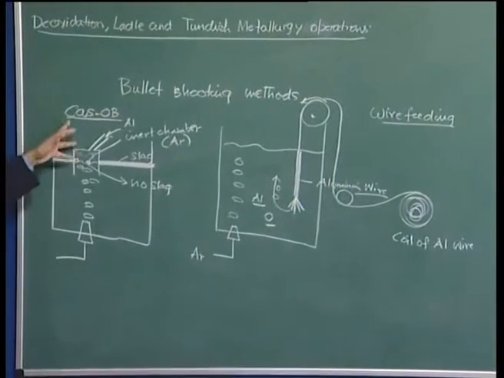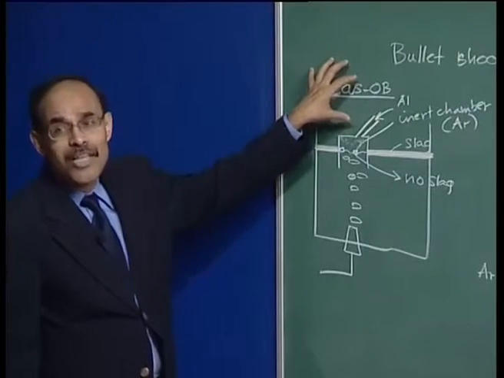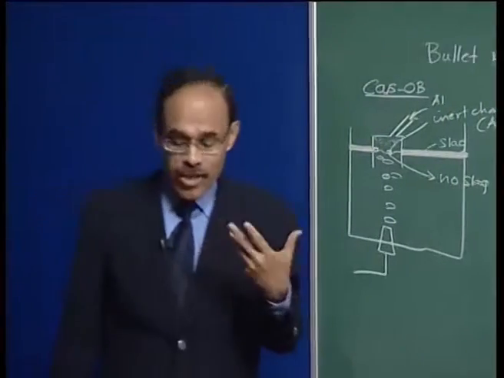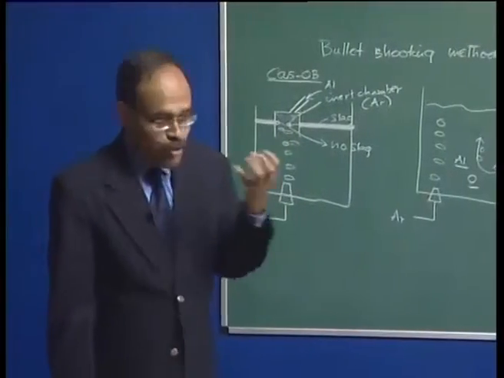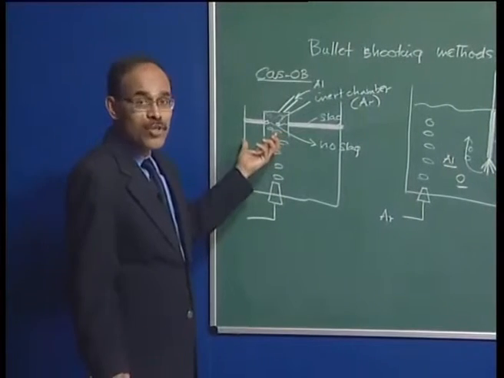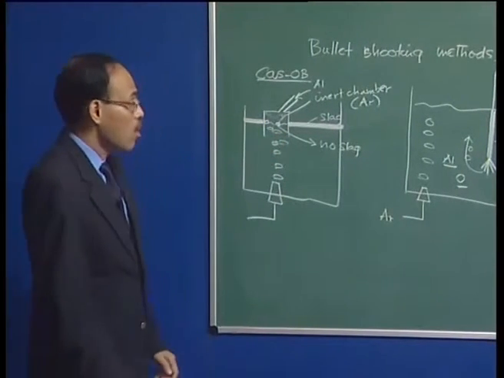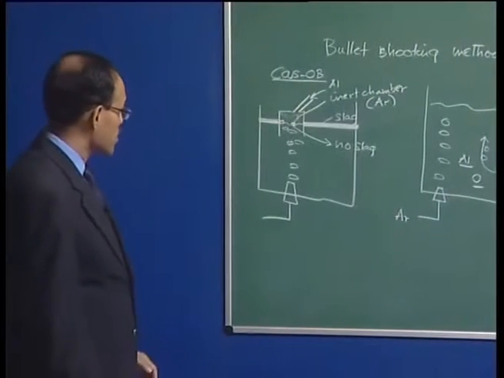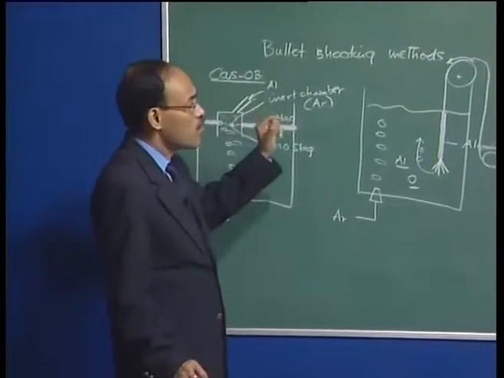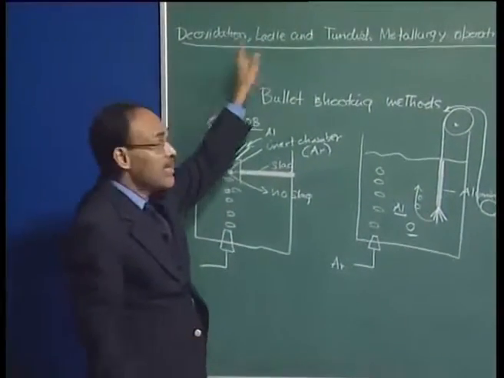So the CAS-OB process, it is now well known in the industry that it gives rise to a much better recovery rate of aluminum, even when people are adding, sometimes, recarburization of steel. So to get the maximum utilization of graphite, this is a technique which people normally use. This is a very efficient method for introduction of buoyant alloying additions. So I will stop about deoxidation at this particular moment, and now I am going to go into the second topic, which is ladle metallurgy.